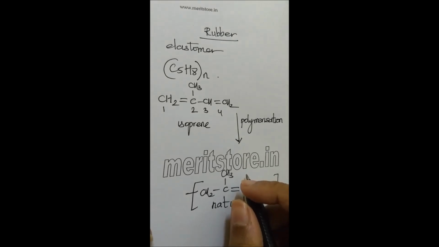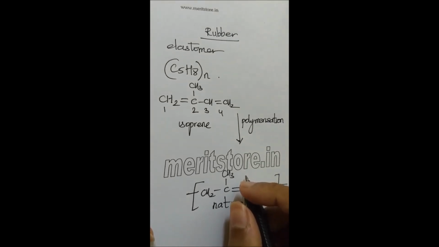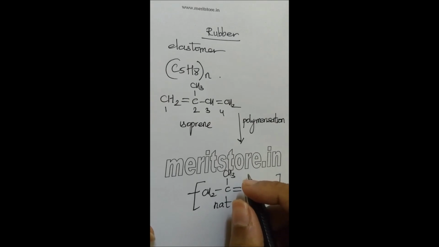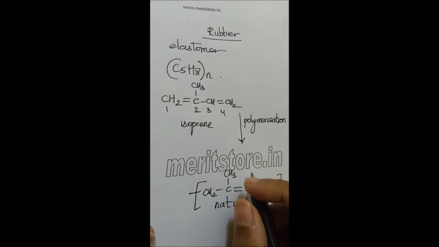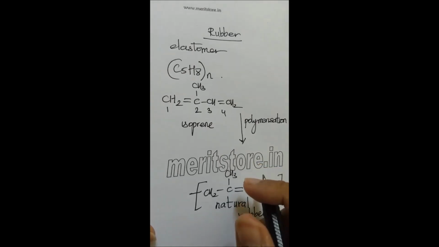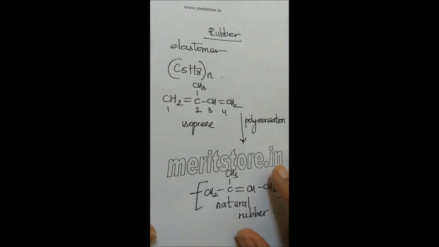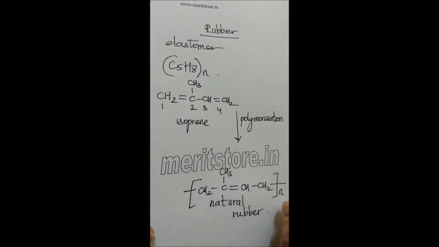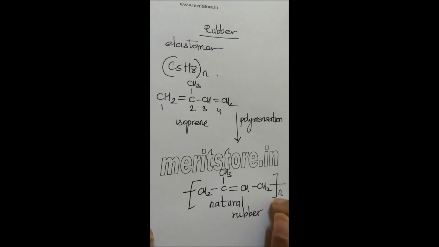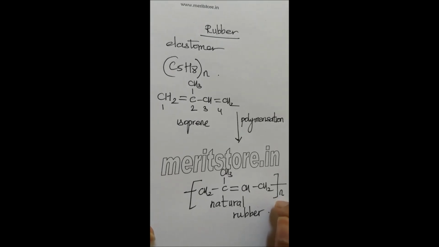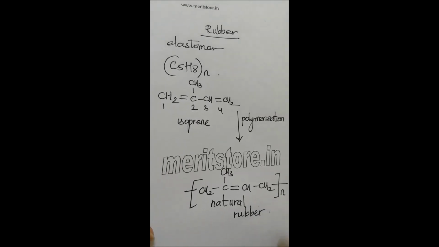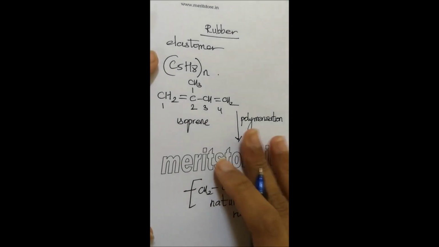Vulcanization is a very important process in which rubber is treated with 3 to 5% of sulfur. When sulfur is introduced, what happens is that the tensile strength, elasticity and resistance to abrasion increases. And hence vulcanization is a very important